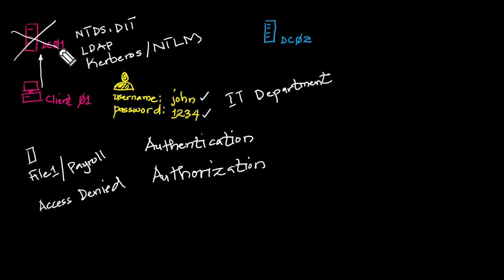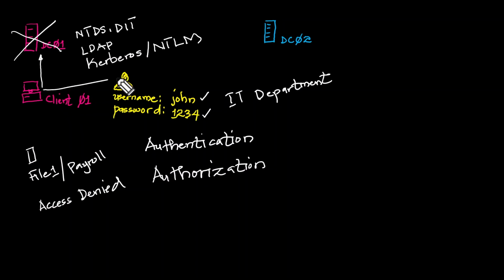If DC01 crashes, all of our users and all of our computers will not be able to access our Active Directory network, because there is no DC01 to do authentication and authorization and all of those things that Active Directory is responsible for handling. It is in this situation that, to prevent this kind of disaster from happening, you will set up a second domain controller. So in this episode, we will be setting up a second domain controller called DC02, so that when DC01 crashes,